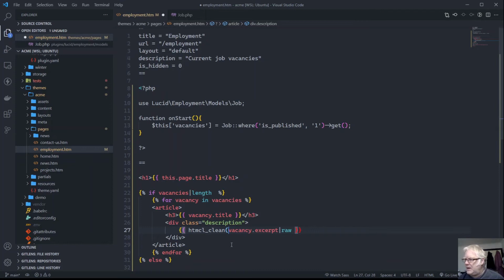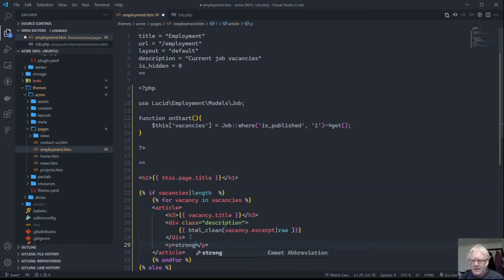Let's wrap it inside an HTML clean, and what that'll do is clean out any JavaScript and anything like that that may leak into your system. So it saves you from an attack. And we'll add an expiry in there too,